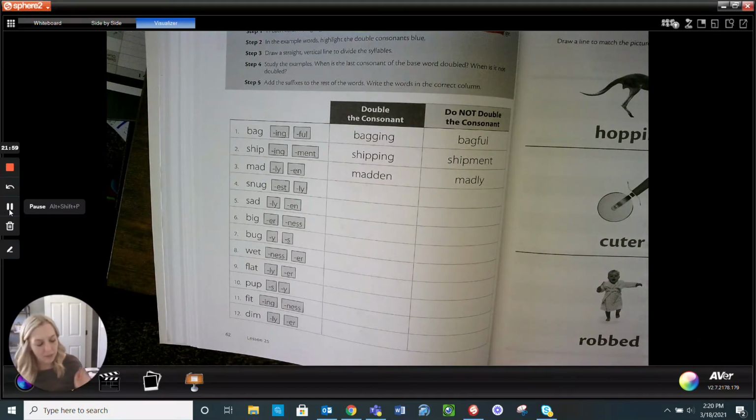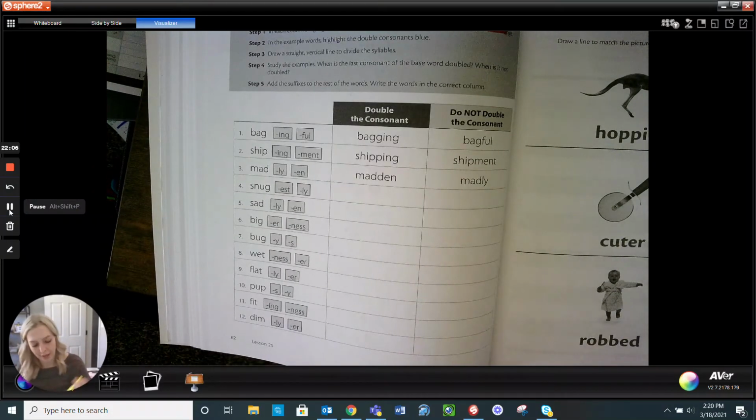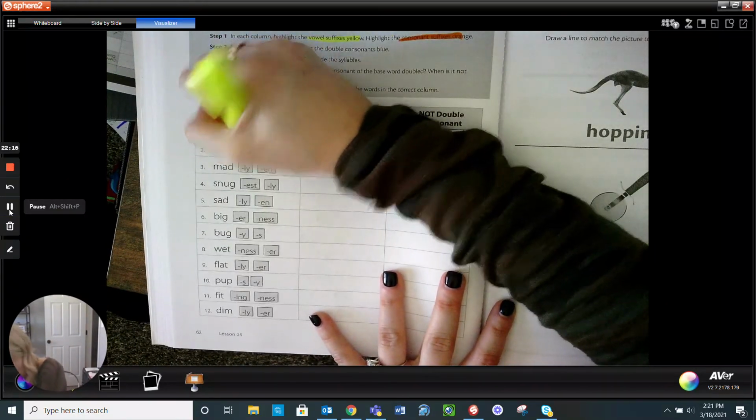All right, let's start with step 1. By looking at all these words, we'll do those right now. So the consonant suffixes are orange, vowels are yellow. This is a vowel,